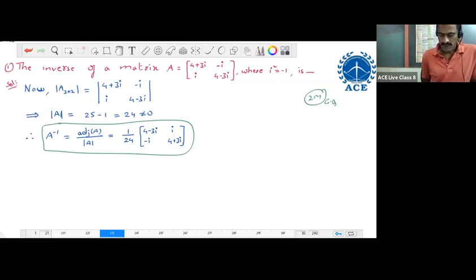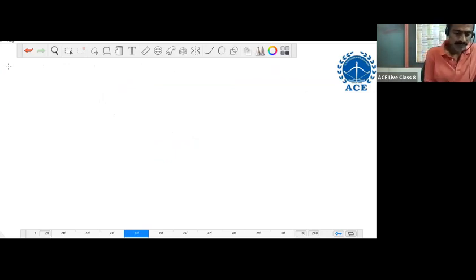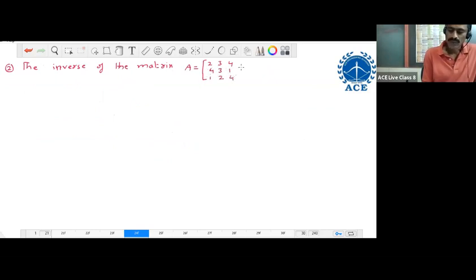Next, problem number 2. The inverse of the matrix A equal to the 3 by 3 matrix with elements 2, 3, 4, 4, 3, 1, 1, 2, 4 is